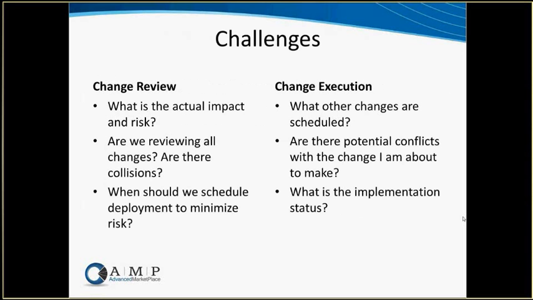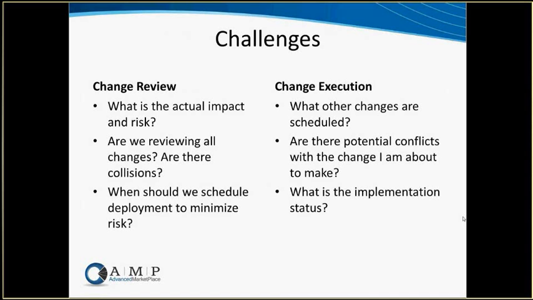So what are some of the challenges to effective review of changes? Well, how do we determine actual impact and risk? Are we sure we're reviewing all changes? And do we have a good way to notice if there are collisions between changes scheduled at the same time? Or collisions with a change occurring at a point when there's a business process reason that that change shouldn't happen? When should we schedule deployment to minimize risk? And do we have a way to both identify risk and identify conflicts with times where we've said changes shouldn't